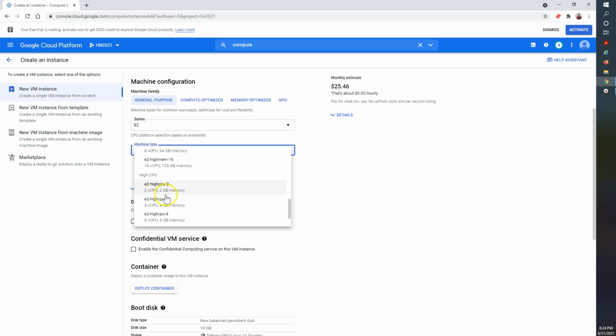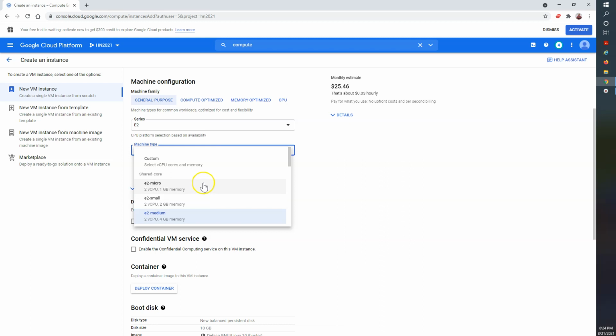There are 2 virtual CPUs, 4 virtual CPUs, 8 virtual CPUs, 32 virtual CPUs also there. There is a 32 GB RAM configuration also. So basically this is the configuration of your virtual machine, whatever configuration you require.